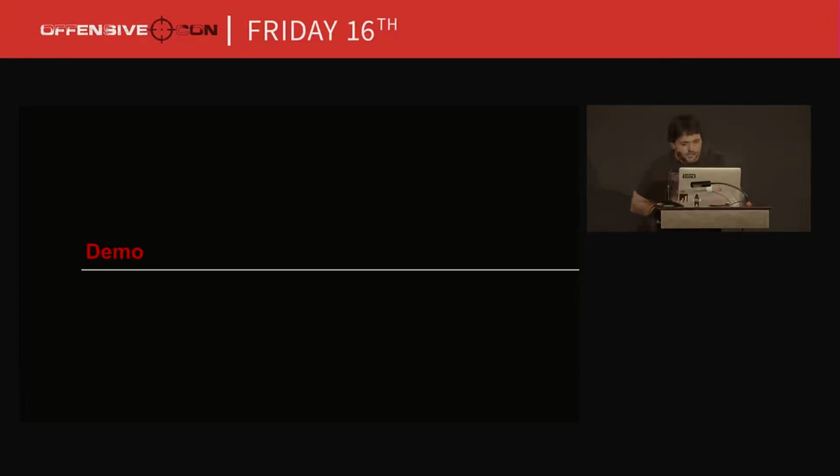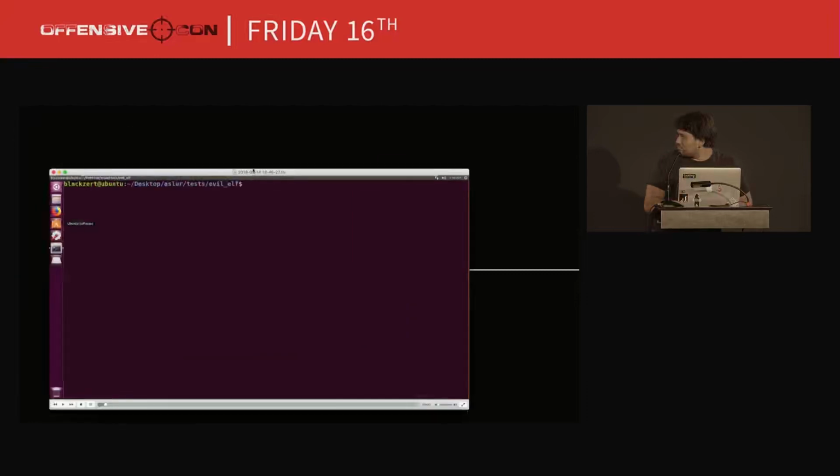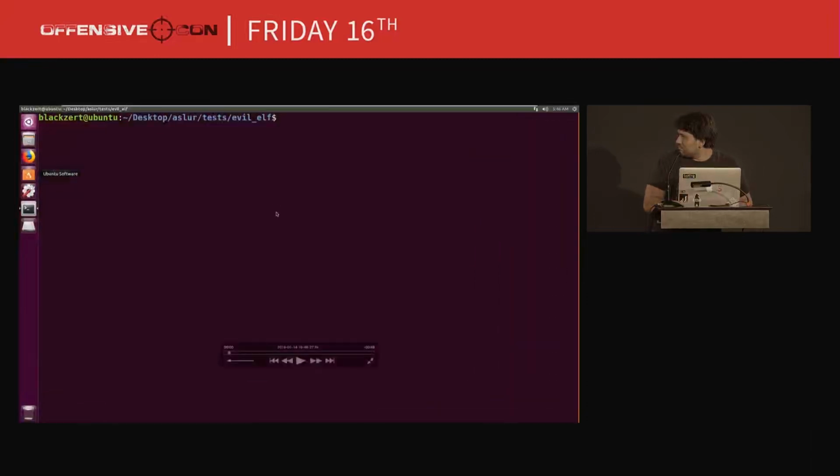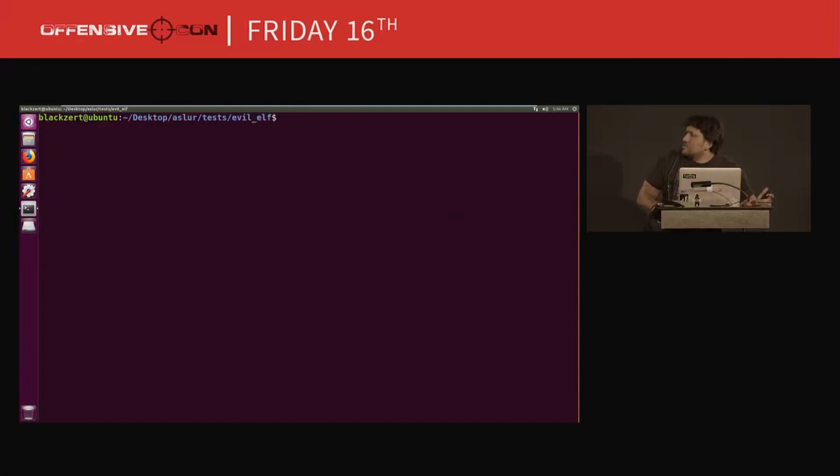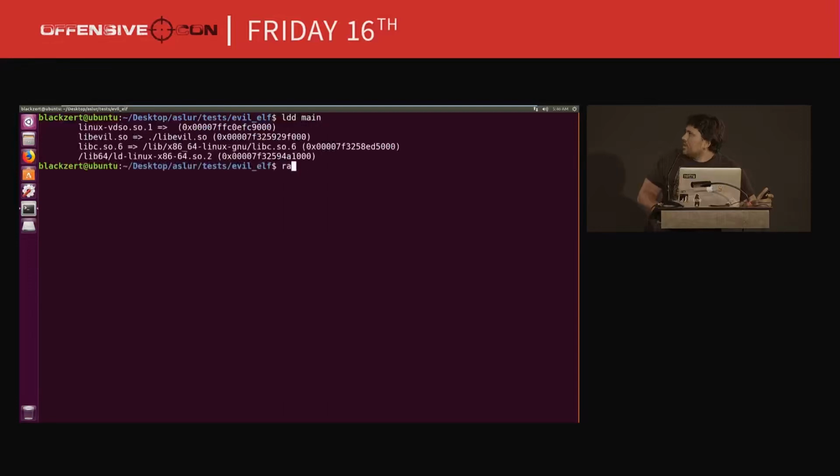I have some demonstration. Here I used a special exploit for the ldd utility, which is used to show the libraries of some binary. And I also have some fun with the radare2 framework.